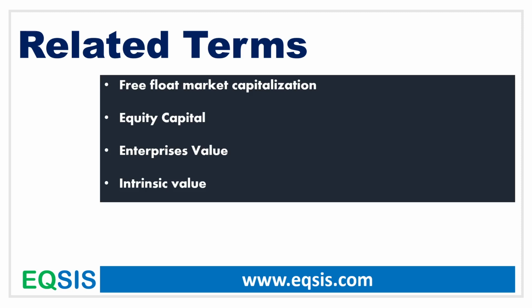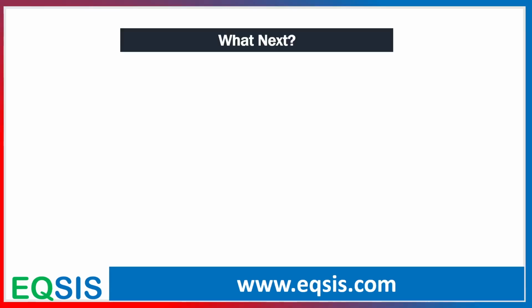And intrinsic value is the worth that buyers or sellers derive by discounting earnings along with their expectations. So that's how it actually works, called intrinsic value. The intrinsic value is what any fundamental analyst wishes to find in order to buy or sell a particular company. So that talks about how much it's worth to them. That depends upon the earning ability of the company along with its discounting factor, the kind of risk it has, and the economy it works in, by which we find the intrinsic value. We will be talking about these things in separate videos because every term deserves the time to be explained in detail.